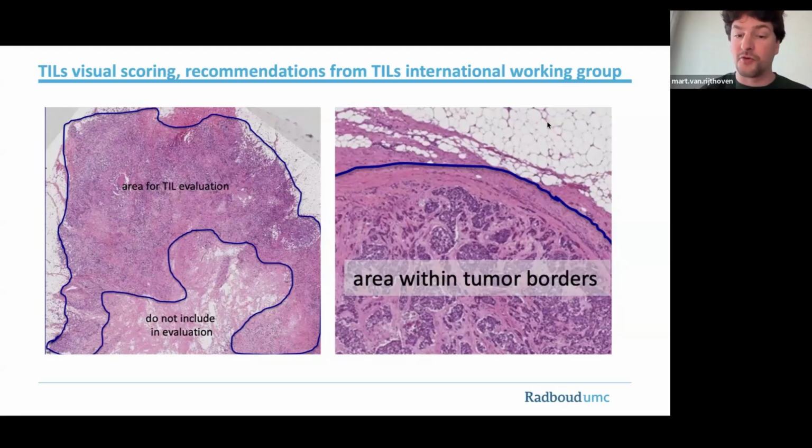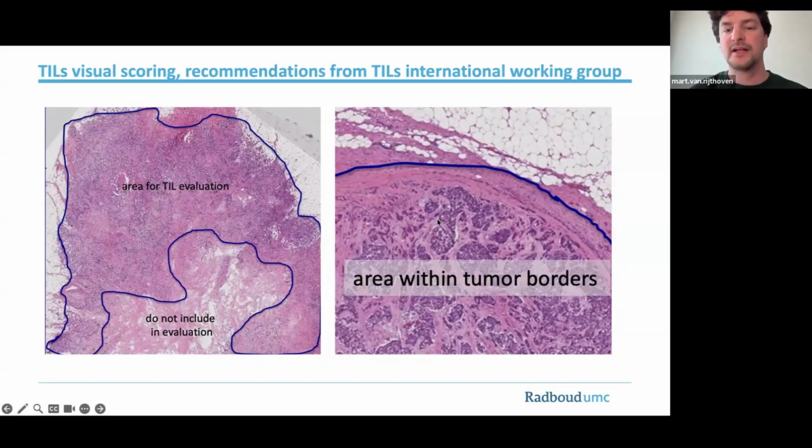So you can have the stromal TILs, and the stromal TILs are basically the lymphocytes that are in the tumor bed or in the tumor bulk, but that are in the stroma. And so then you compute basically the ratio of the area covered by the lymphocytes within the stroma. But you can also have intratumoral TILs. And then you're going to look at really the tumor cells and the lymphocytes that are